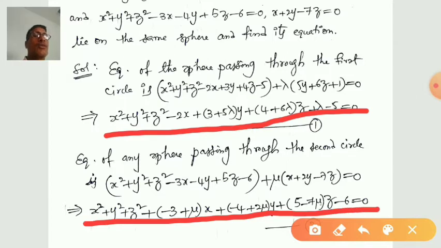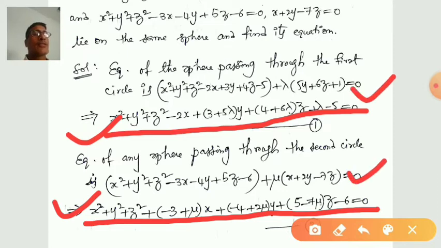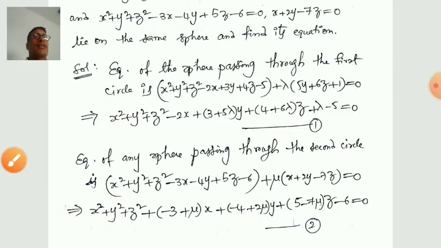Because lambda and mu are obtained by taking these two equations as identical, for the values lambda is equal to minus 1 and mu is equal to 1, these two equations coincide, and that means these two equations give a single equation, that is the equation of the sphere passing through circle 1 and circle 2. Therefore we have proved that the given two circles lie on